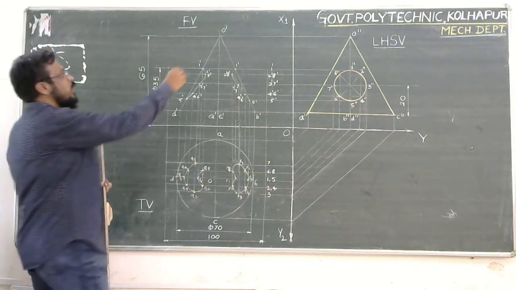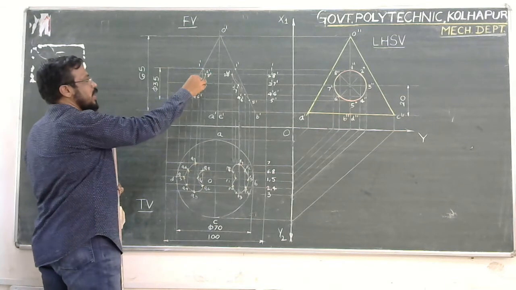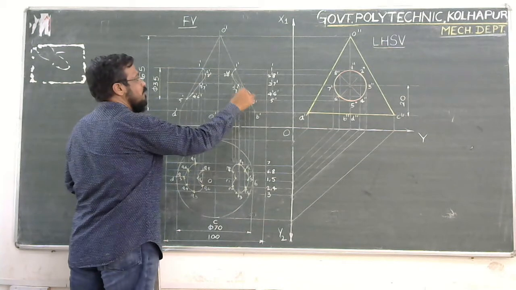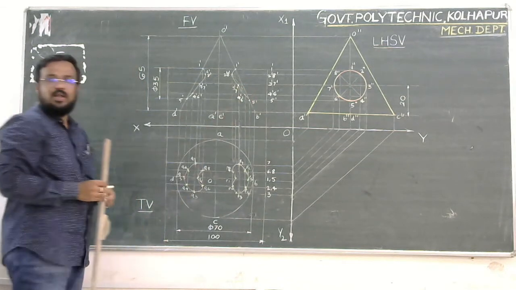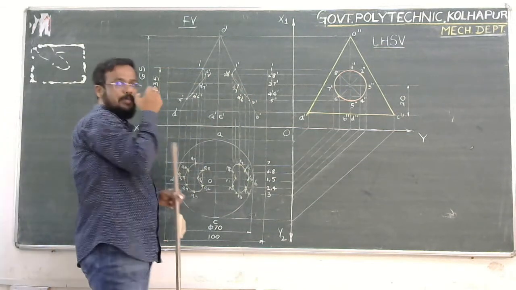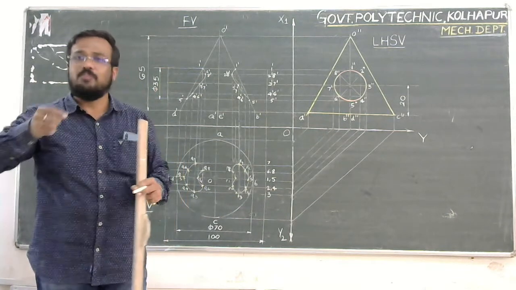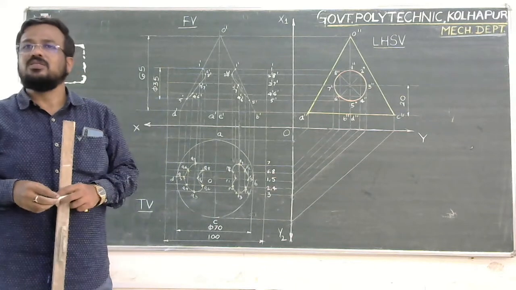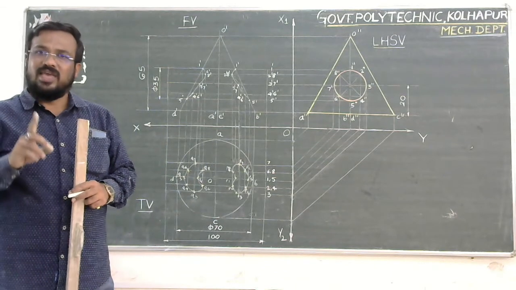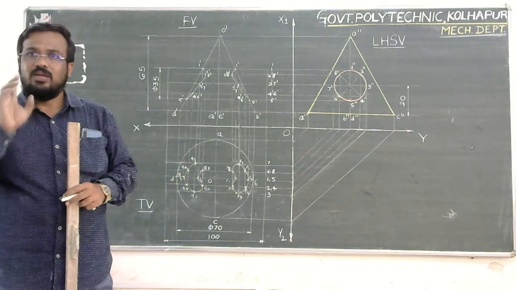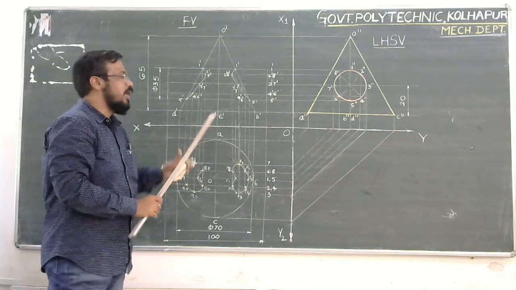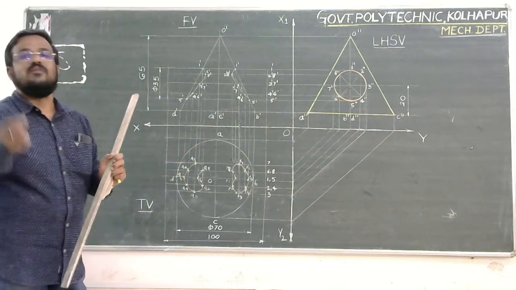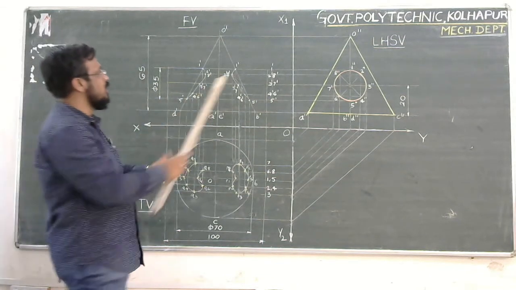Now, if I join all those points from 1, 2, 8, 3, 7, all those points, I may get the shape of the surface in this manner. See, this is a curved surface. No need to join the intersecting points with the help of straight lines. Straight lines can be joined if it is a case of prism or pyramid. But in case of curved surfaces, or in case of cone and cylinder, you have to draw the cutting point joining curve with the help of free hand. So likewise, it is been made.